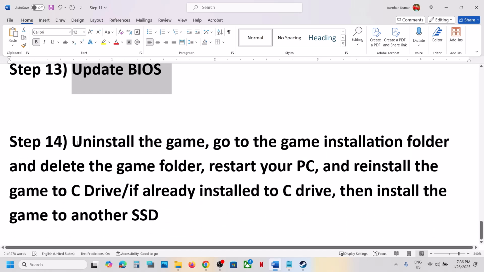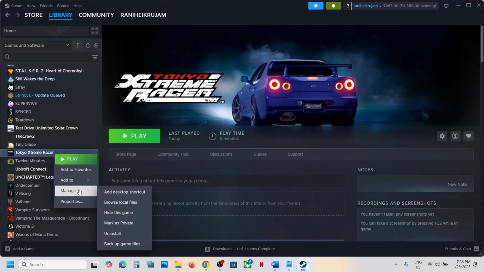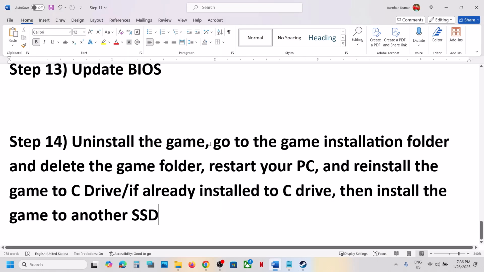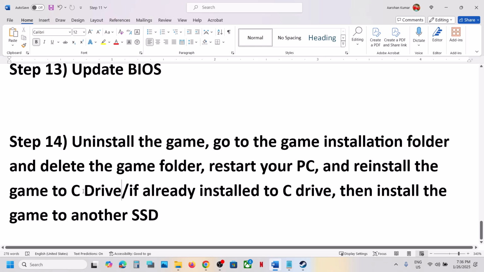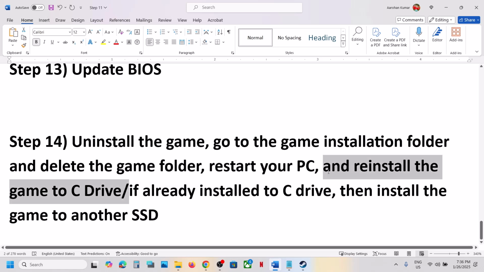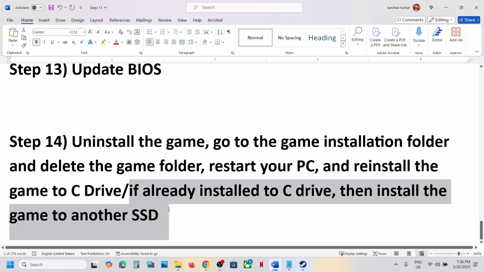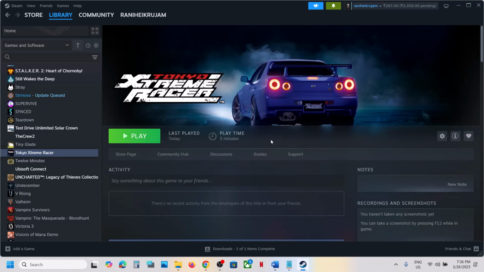The last step is to uninstall and reinstall the game to different drives. So if nothing is working, make a right click on the game, select Manage. Now click on Uninstall. Now after the uninstall, go to the game installation folder, delete the game folder, restart your computer and then install the game to C drive. So if the game is installed to different drive like D drive or E drive or any external drive, try to install the game to C drive and then check. If the game is already installed to C drive, then try to install the game to another SSD and then check. So one of the steps shown in this video should help you to run the game